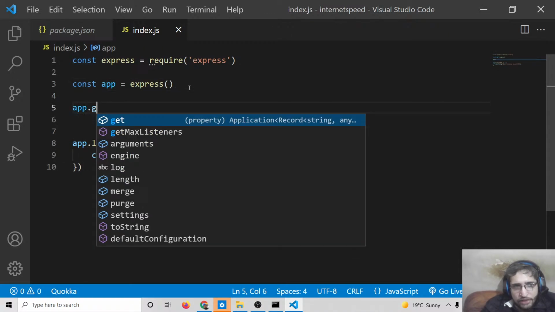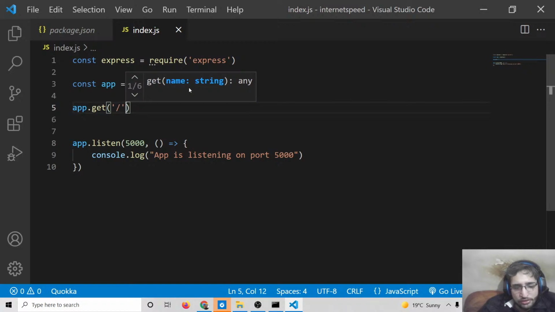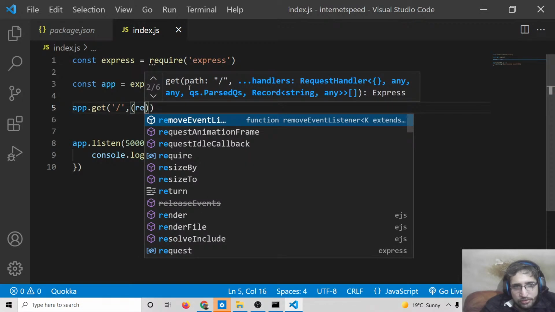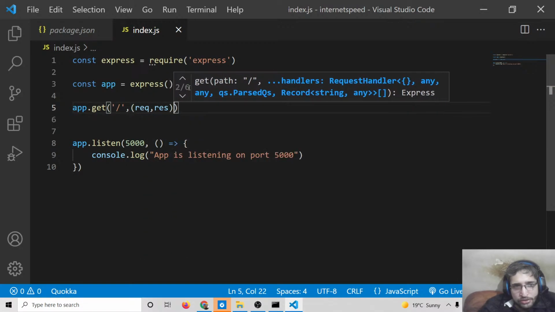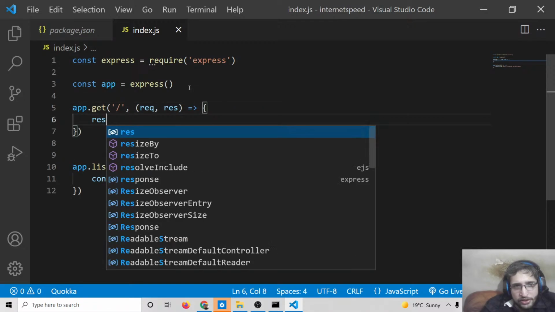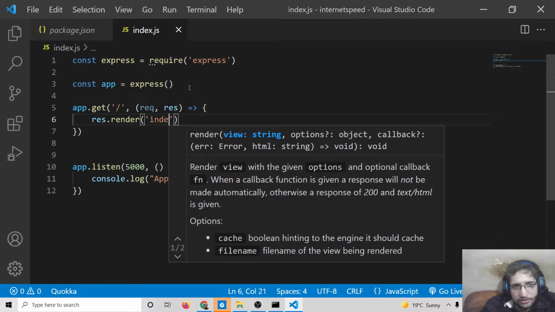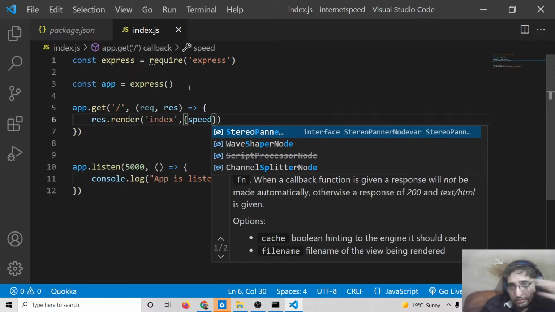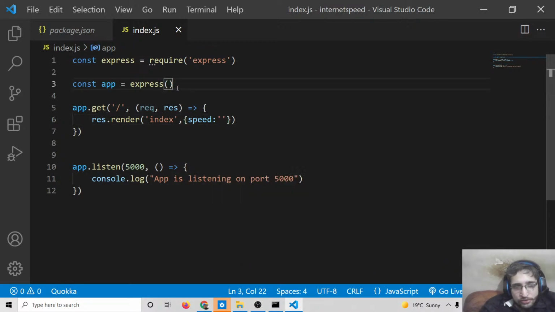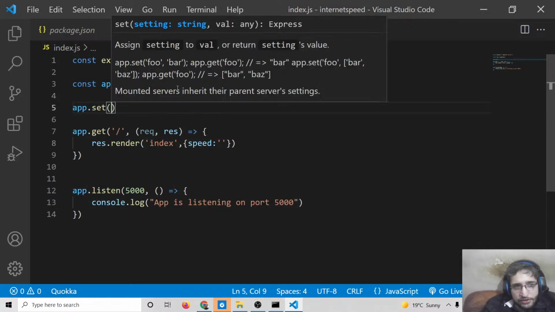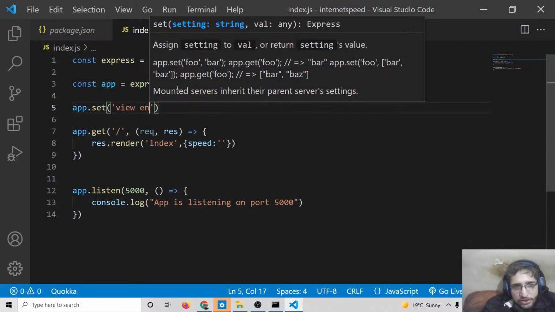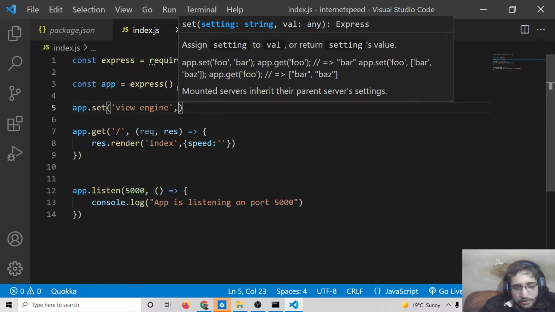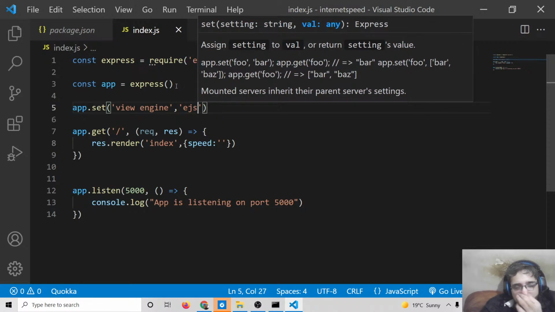When we load the home page, request, response, we will say response.render index, and speed will be nothing. And also we need to set the view engine. So we will say app.set view engine, and the view engine will be equal to EJS,